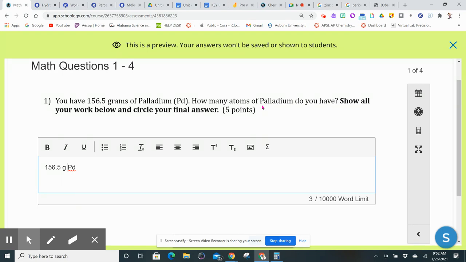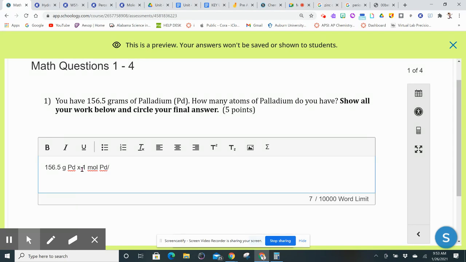I need to go from grams to moles. So I'm going to multiply that. And if I want to get rid of grams, where does grams have to be? On the bottom. So I'm going to say 1 mole of palladium divided by the grams of palladium,